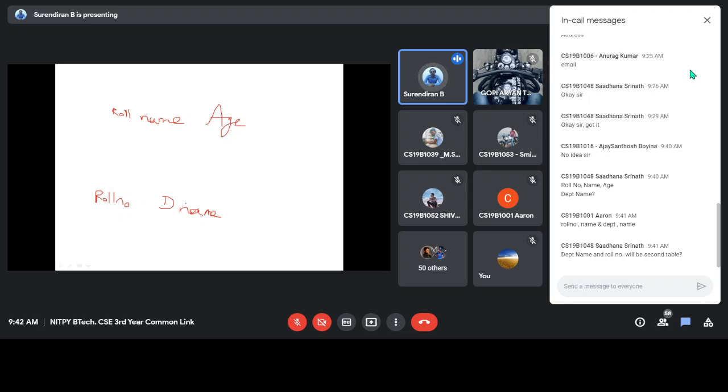This also can be done, that is without adding any additional attribute. So here roll number is a primary key. Here roll number and department name form a primary key. This is table one and this is another table. So this way we can create the tables. Normally they will go with the other one, and sometimes if you want, you can add another attribute. But then we have to change and insert the values, so they may not go with this one, mostly.